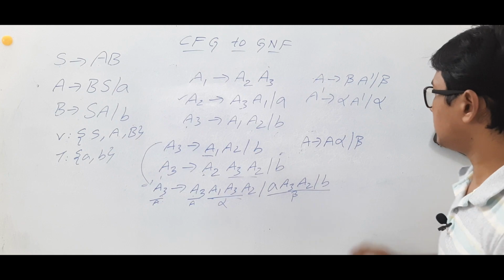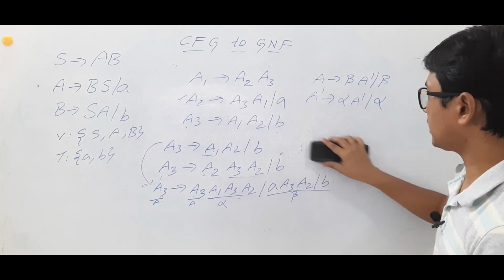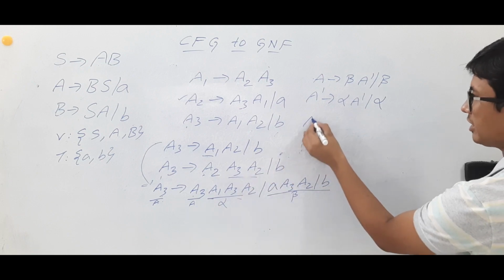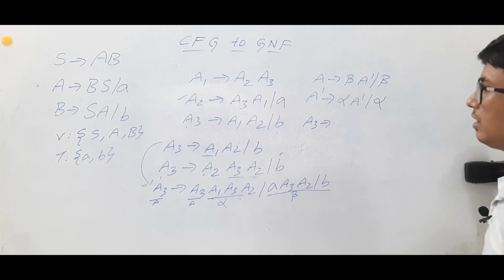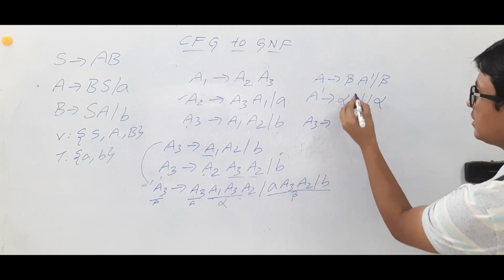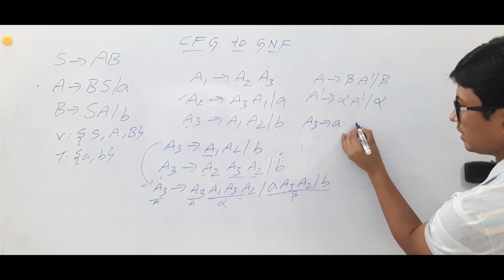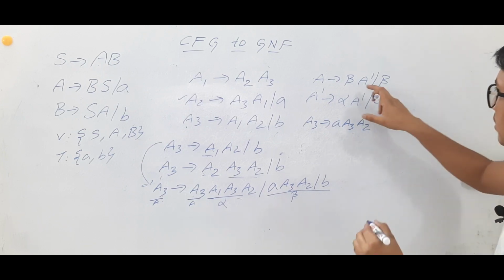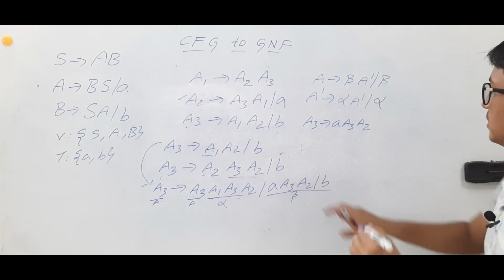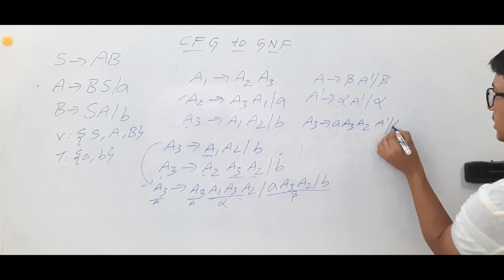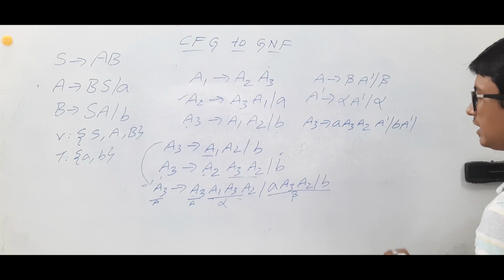Now if I consider that one, in place of A I will keep A3. Okay, are you able to understand? In place of this one I will keep A3 beta. Beta means A3, A2, then A dash, or this is also a beta, A dash or beta,